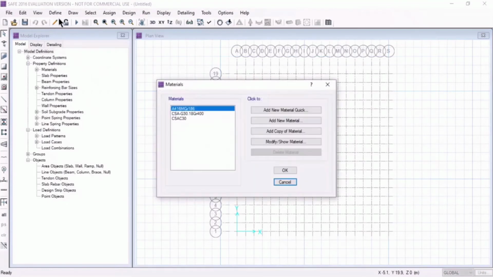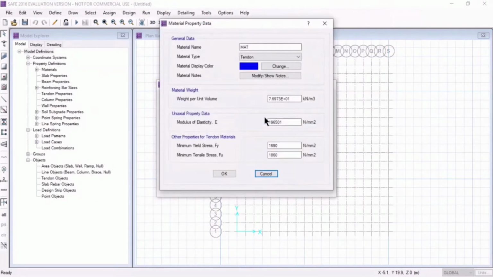Now we will define the material. Add new material. Name it as M40 and type will be concrete.